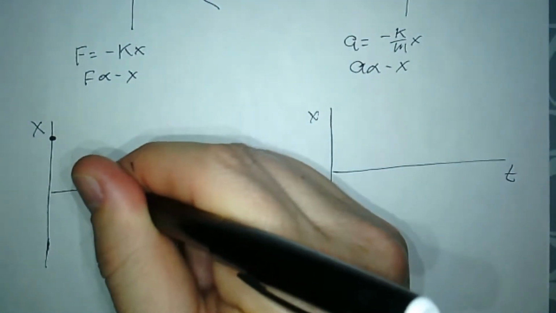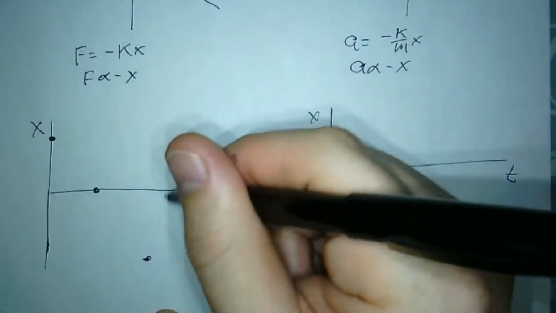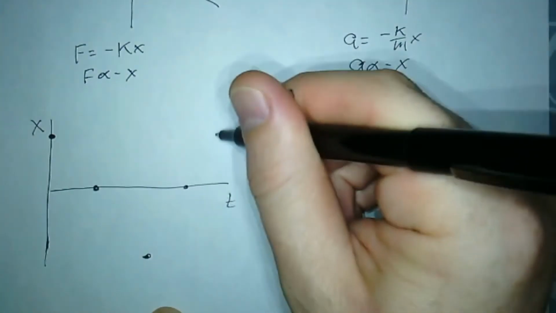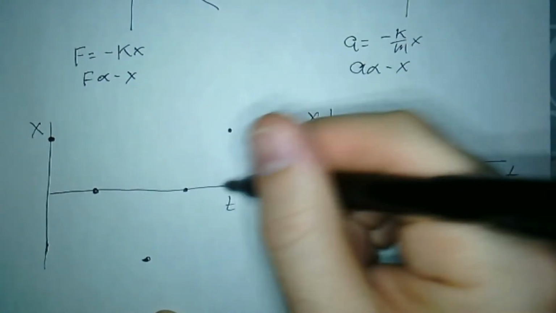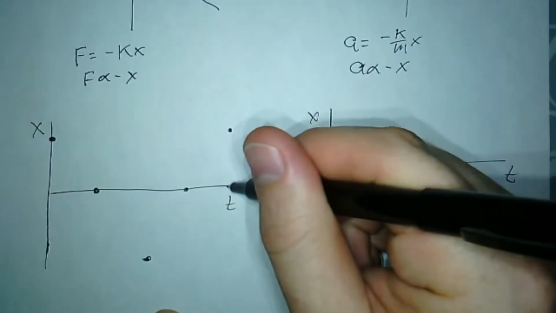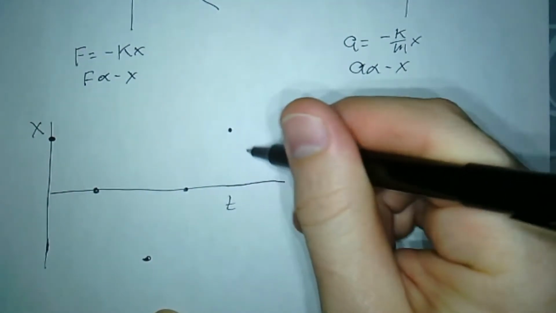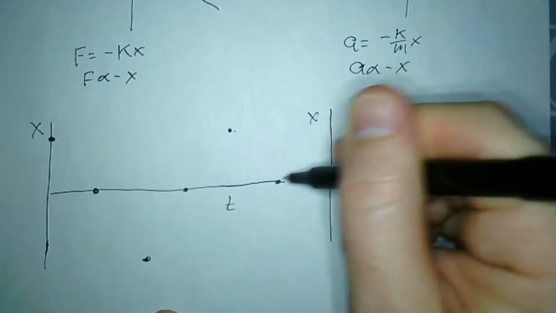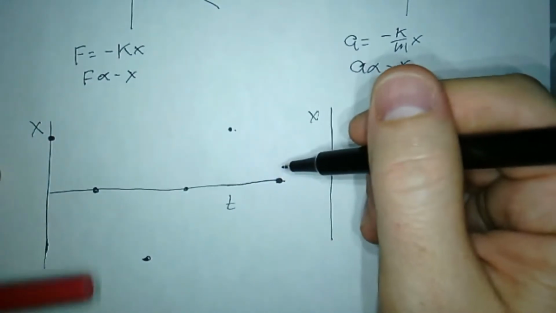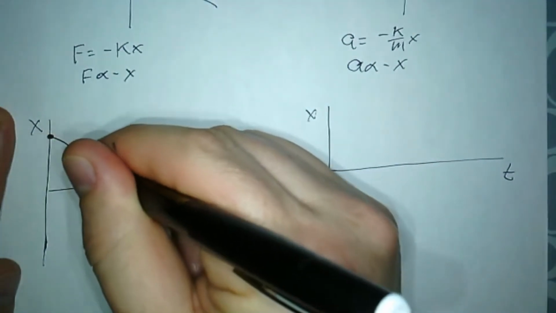So at some point it's going to pass the middle, then it's going to pass the other side, and it's going to swing back to the middle, and it's going to pass the other side again. And I could extend this farther if I wanted to. Maybe I'll extend it just a little farther, but I don't want to run into my other graph. And then once here you're back at your initial position, then of course the next thing you do is swing back to the middle. So if I connect these dots with a little bit of creativity and insight,